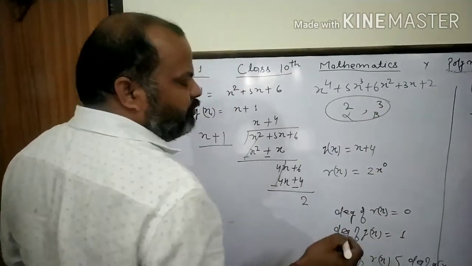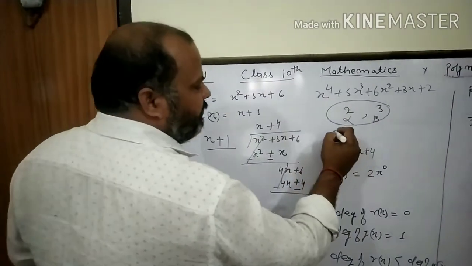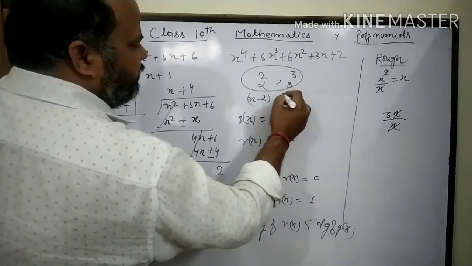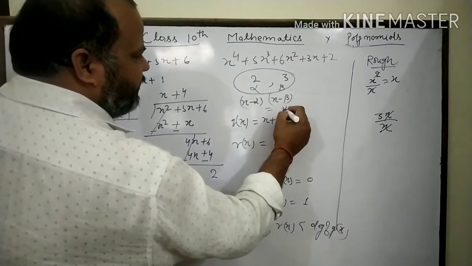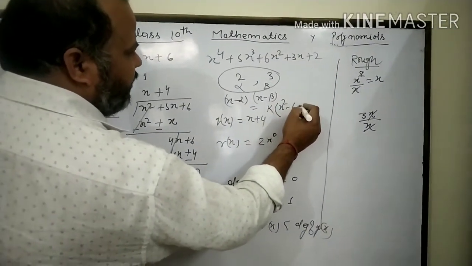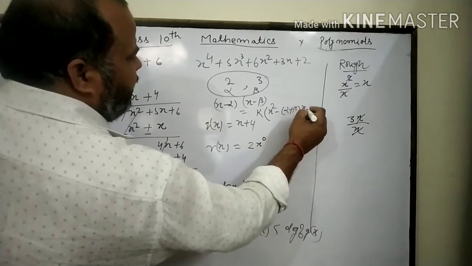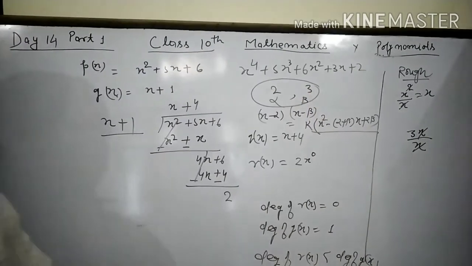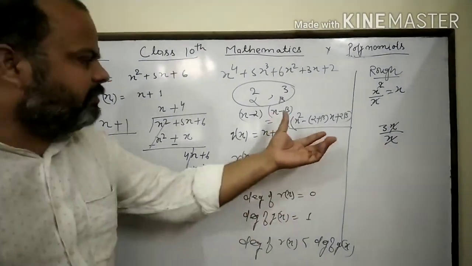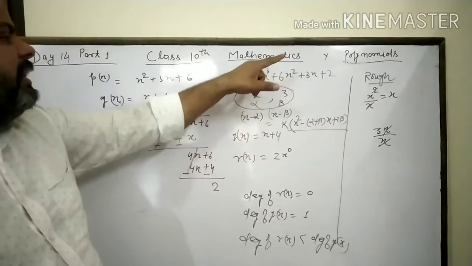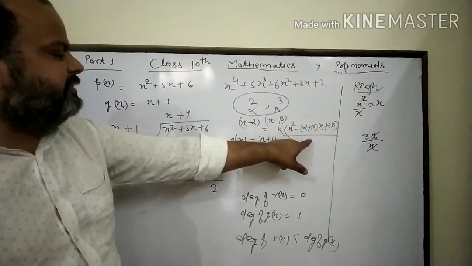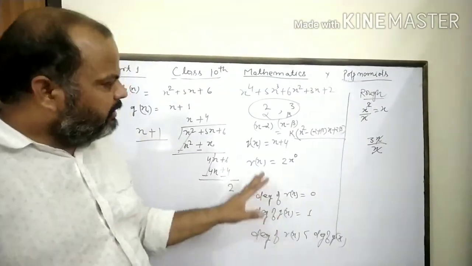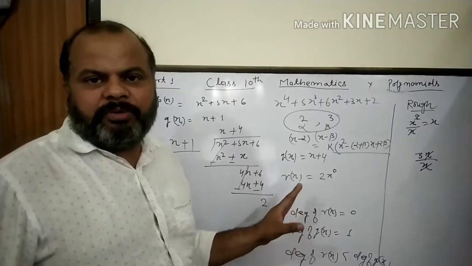and beta, you know that if you have two roots alpha and beta, then you can make the polynomial (x minus alpha)(x minus beta). By this formula you can write k times x square minus (alpha plus beta)x plus alpha beta. With the help of this formula you can find the polynomial. It means you can find g(x), and then p(x) is divided by this g(x), and you can get q(x) and r(x). Clear? By this way we can complete the polynomial.